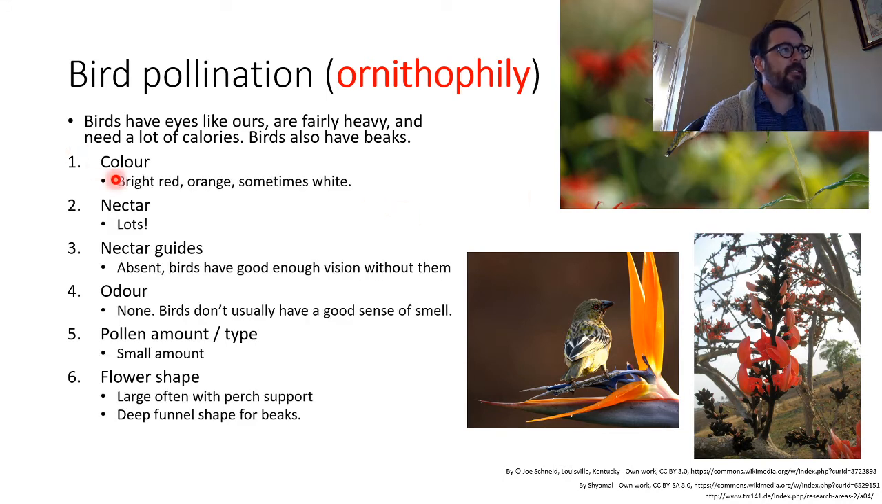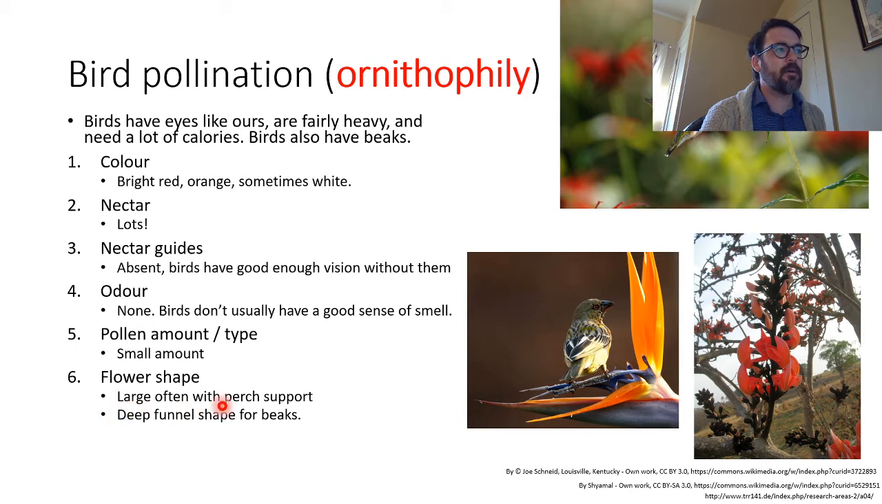Right, so the color tends to be bright red or orange, sometimes white, right? So we can see red really well, and so can birds. You're going to need a lot of nectar to feed a bird. They need a lot of energy. You don't really need nectar guides. Birds have good enough vision, and they're sort of smart enough to figure out what to do on their own. Birds don't usually have a really good sense of smell, though. So one way to know if you've got a bird-pollinated flower is that it usually doesn't have that much of an odor. Small amounts of pollen, and then often you need a really